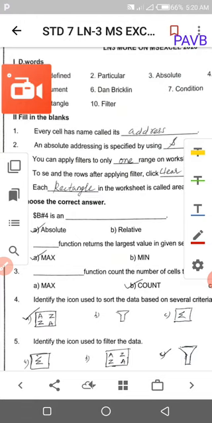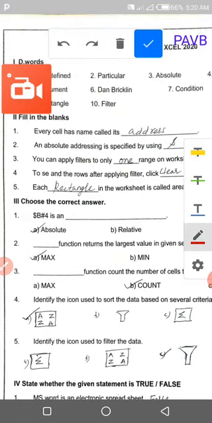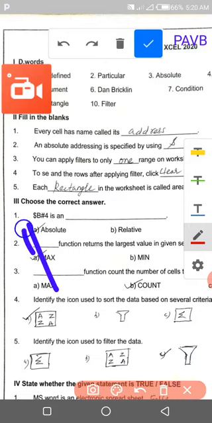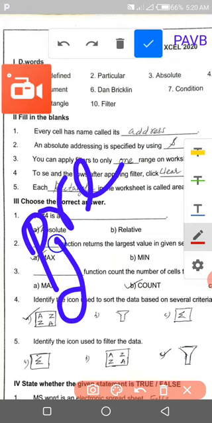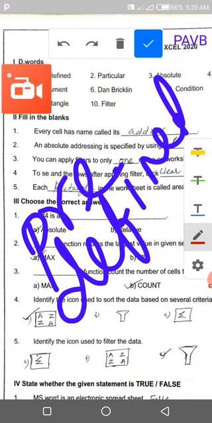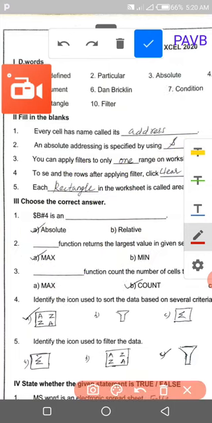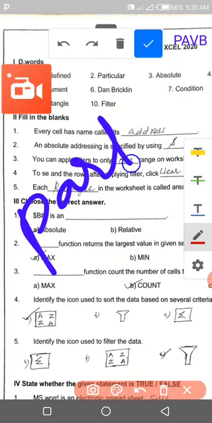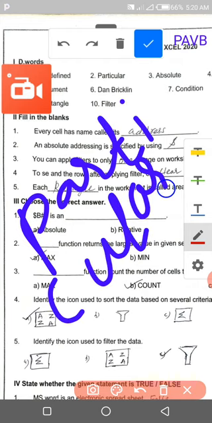First word is predefined. PREDEFINED, predefined. Once again, predefined. Second word is particular. PARTICULAR, particular.